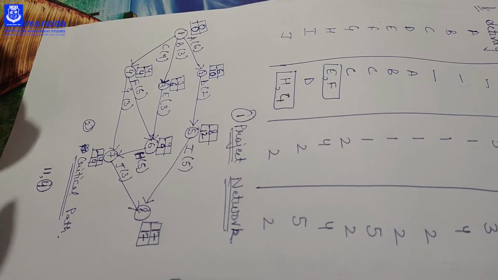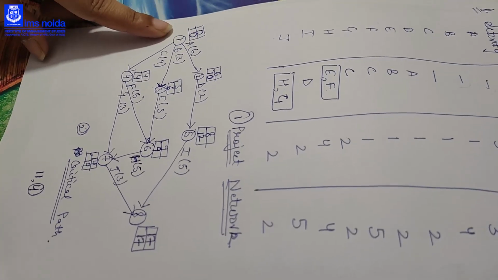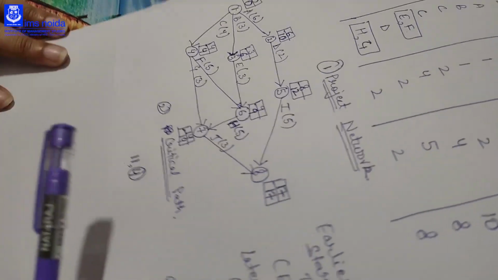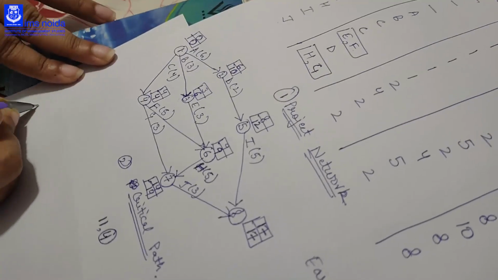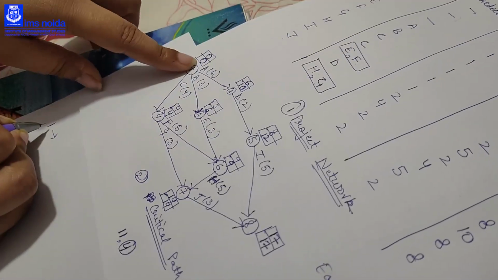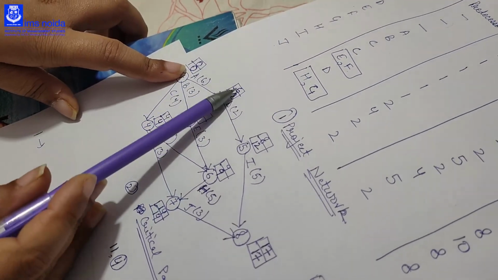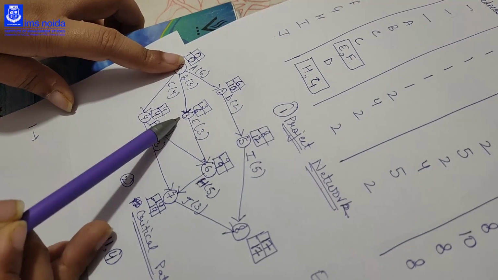Now we will see what our critical path is. So we will see where we are getting equal values of ES and LC, that is node 1, 0 and 0. Then if you come to the 2, LC and ES are not equal, then we will come to the 3.